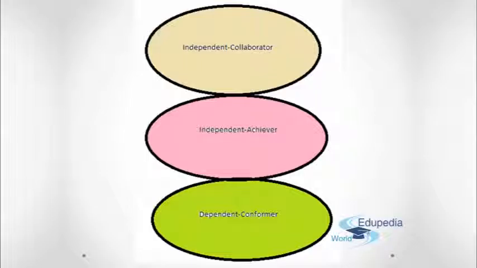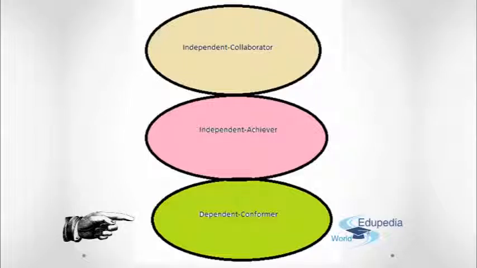Now to start, we need to think from where to where. That is, from where you are to where you want to be with your culture. The organization actually moves through stages of development of organizational culture. Now imagine a visual snowman. And so the first stage of development that organizations go through is what is called the dependent conformer stage of development. So this is a sort of cultural environment, very commanding, very controlled, very hierarchical.